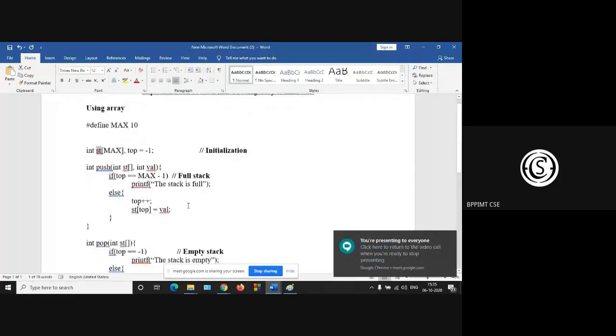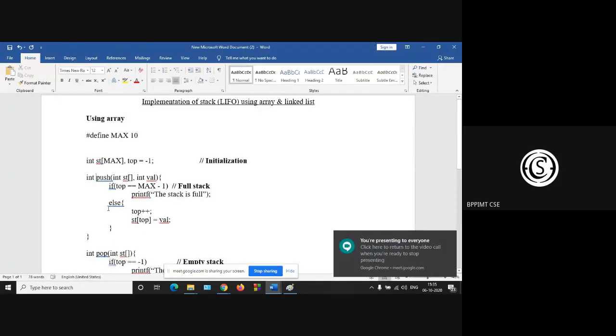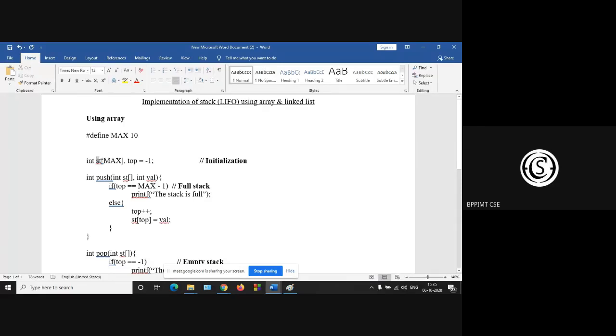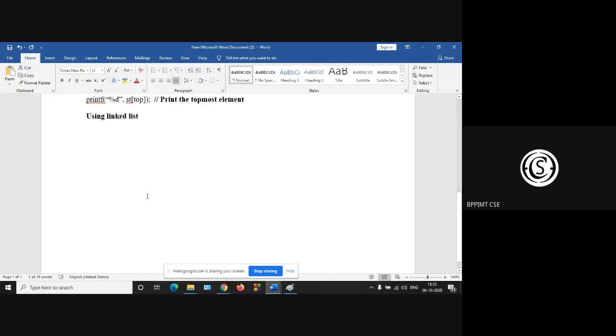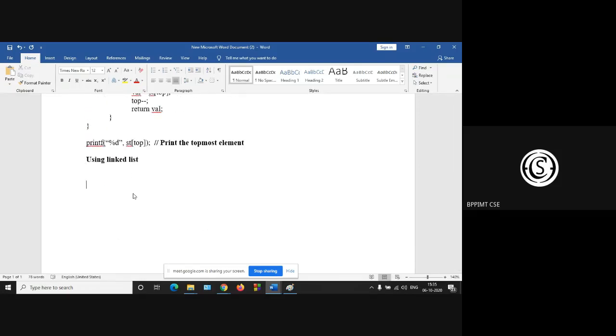So in case of array implementation, we are using the st array and the variable top, initialize top with -1. In case of linked list, we have to use the structure. So struct stack.